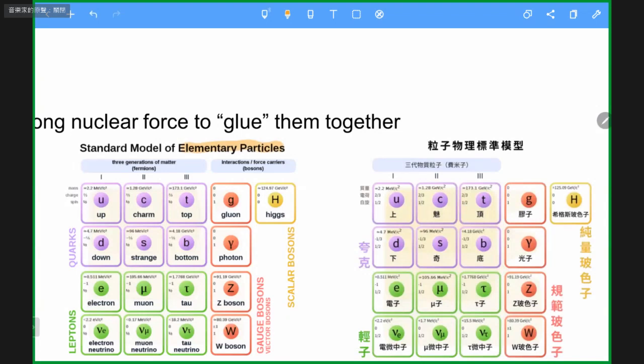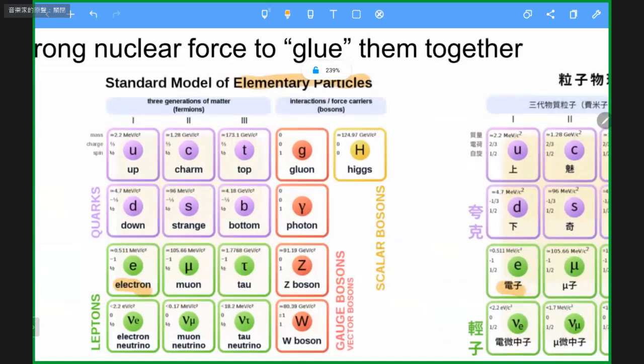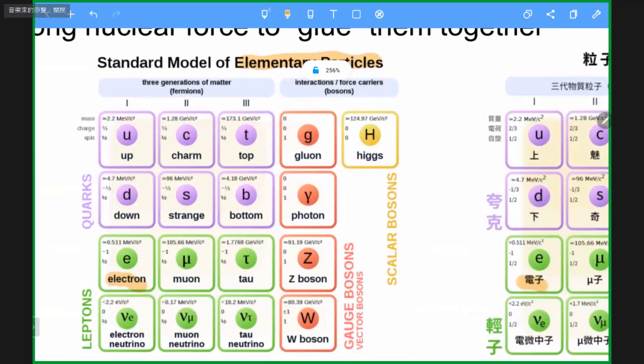In this table, we can still find the electron. The electron cannot be separated into smaller ones. That is why the elementary charge is 1.6 times 10 to the minus 19 Coulomb, not an even smaller value. You cannot separate a charge. Even though the text is quite small, you can see this is mass, this is charge, this is